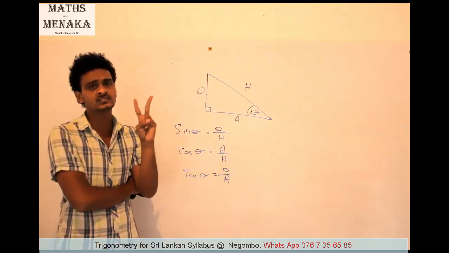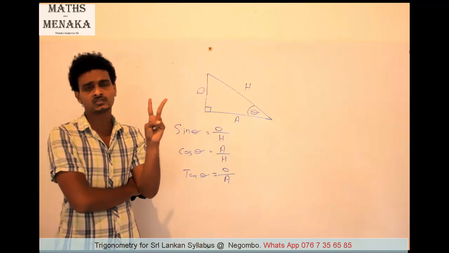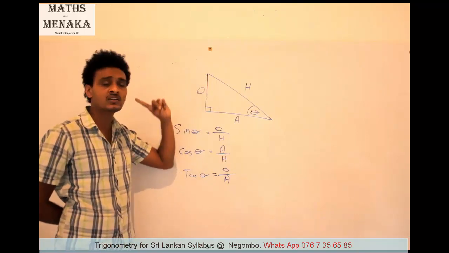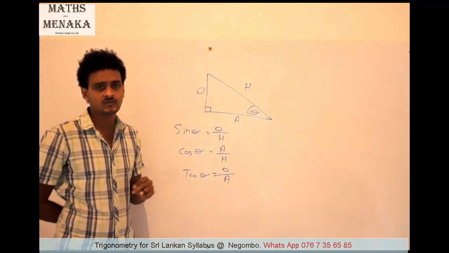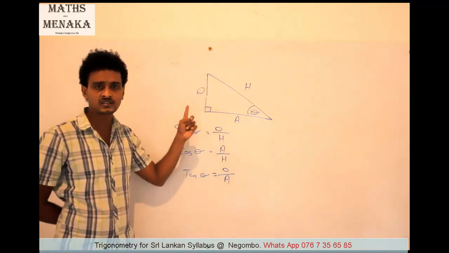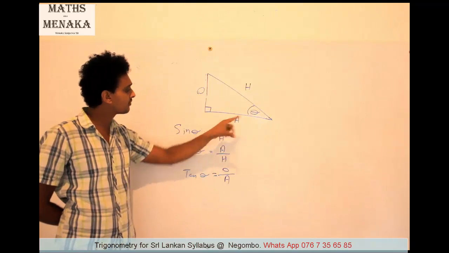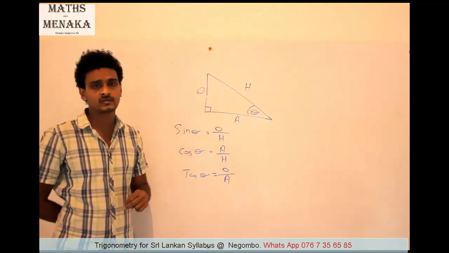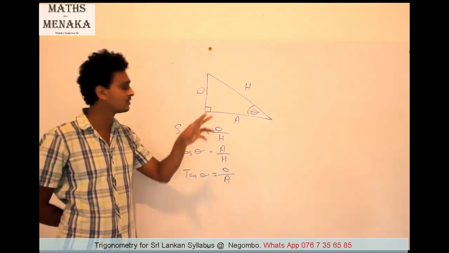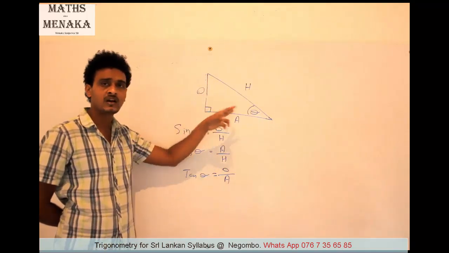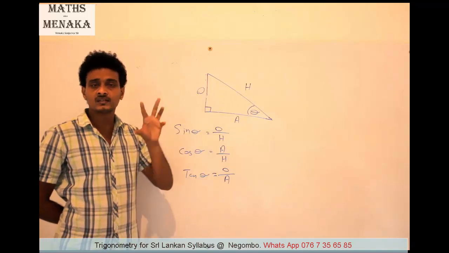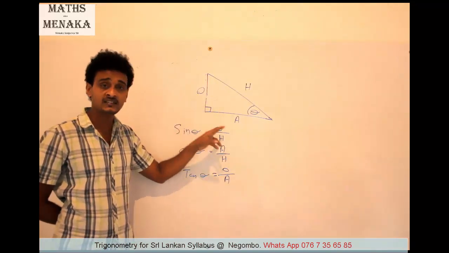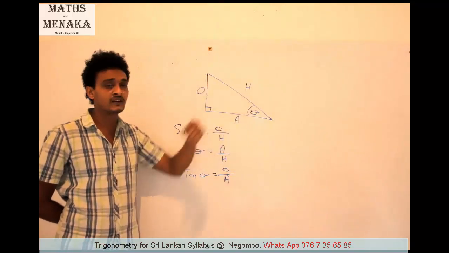There are two cases we get from trigonometric ratio questions. First, we have to find the length of an unknown side. Second, we have to find the magnitude of an angle. Those two cases are coming. In some questions, they will ask you to find the length of a side after giving the angle. In some cases, they give you the sides and ask you to find the angle.